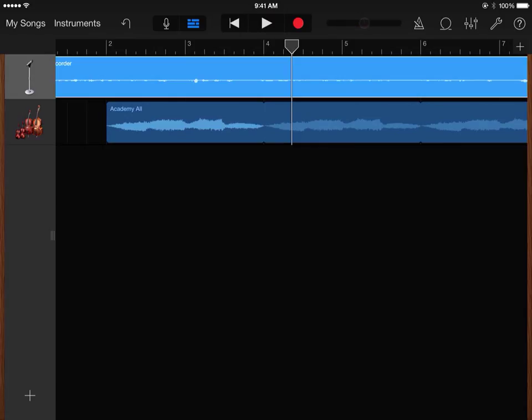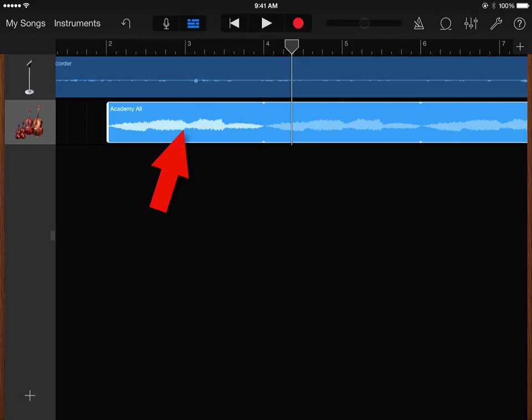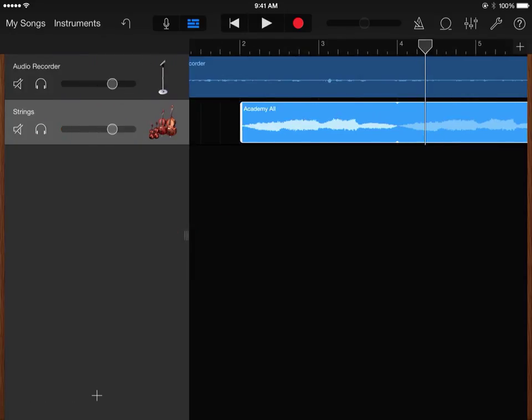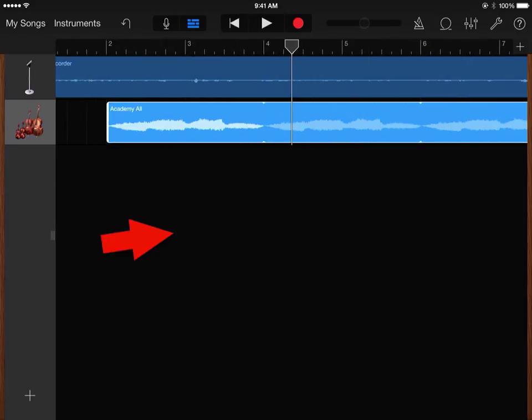If you find that the sound loop is too loud for accompanying your voice, you can tap on the sound loop track and then tap on the panel on the left side of the track area to open that panel. And there on this sound loop with these violins, I can actually grab that little sound level icon and drag it to the left to soften that track. And now if I close that panel,